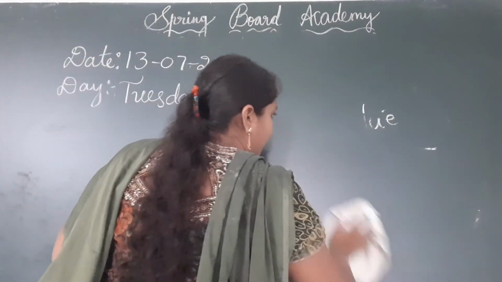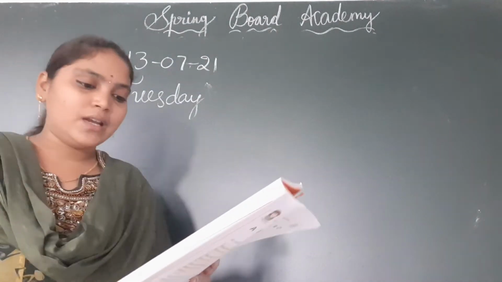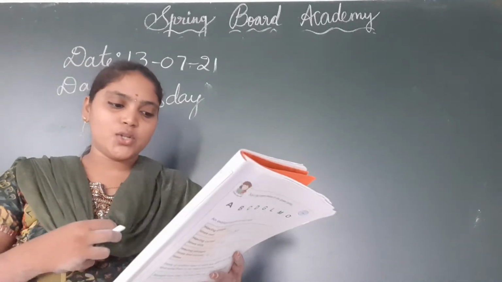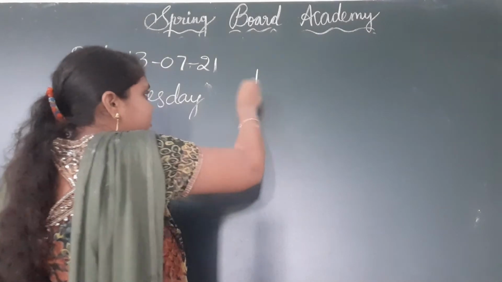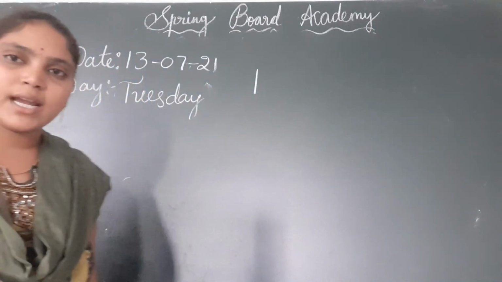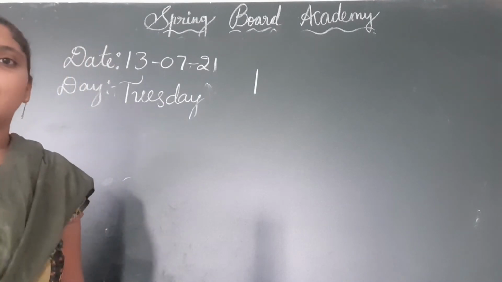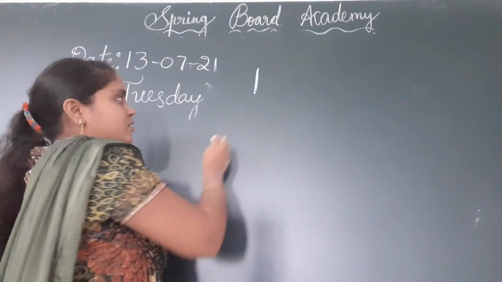Look around for different numbers like 1, 2 and so on. Pick one which has straight lines, which one has curved lines, and also look for the numbers which have both. So first tell me children, is this number 1 formed by straight lines or curved lines? Yes, 1 is formed by only straight lines. Okay, we drew it straight. So this is a straight line.